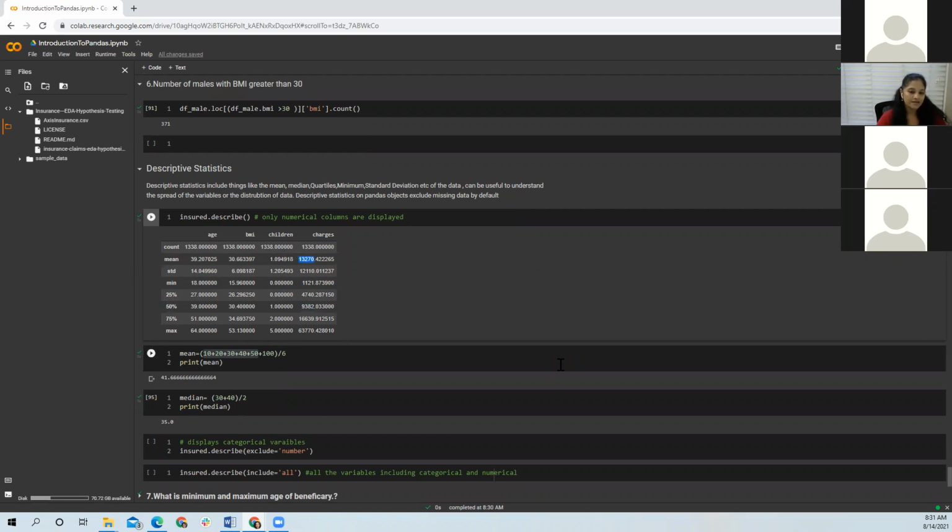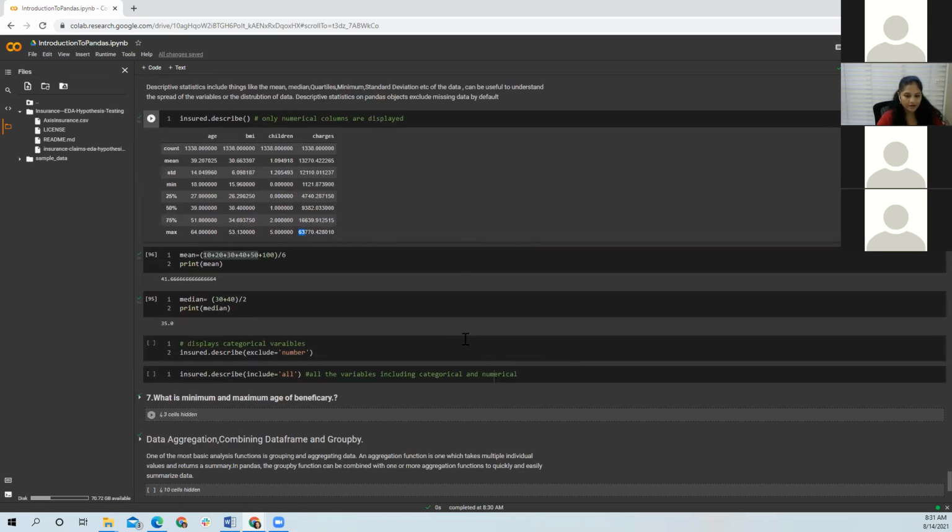That means your data is skewed and there are some outliers or extreme values. And of course, this is quite an extreme value compared to the values we see here, 9382 or something like that. So this is an extreme value, which will come ahead when we move with our analysis. By default, describe handles the missing values, so you don't have to worry about it.